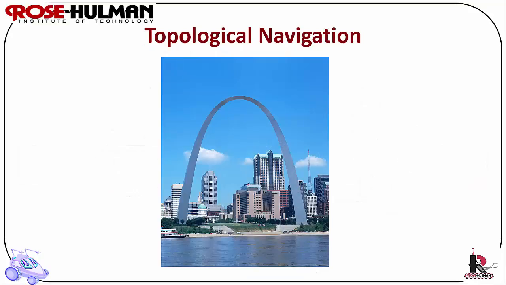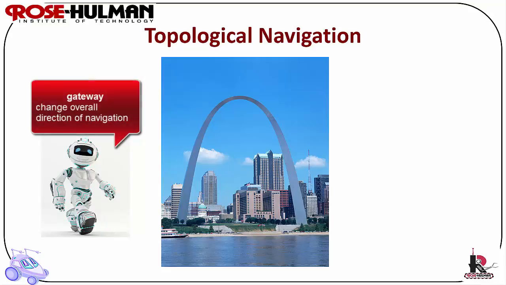Topological navigation. Topological navigation depends on the presence of landmarks. A landmark is a perceptually distinctive feature of interest on an object or locale of interest, for example, a red door or the McDonald's arch. A gateway is an opportunity for a robot to change its overall direction of navigation, for example, at the intersection